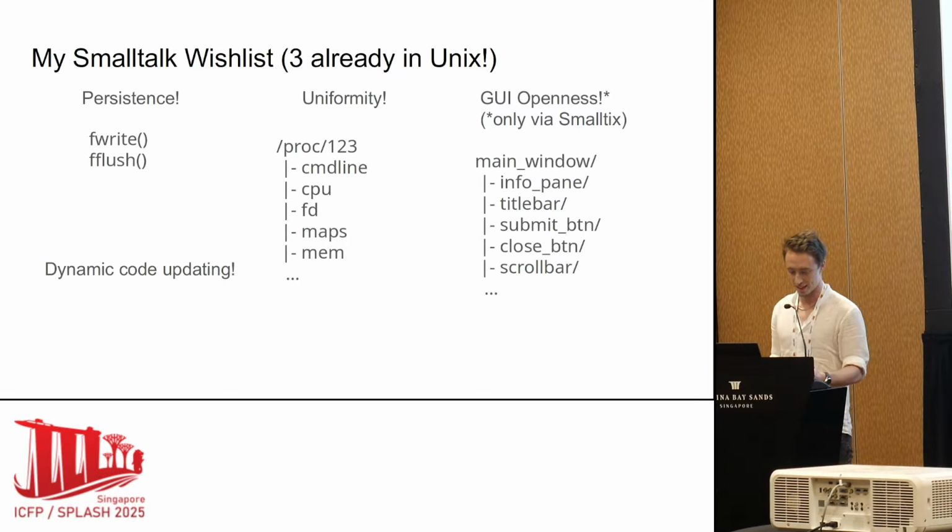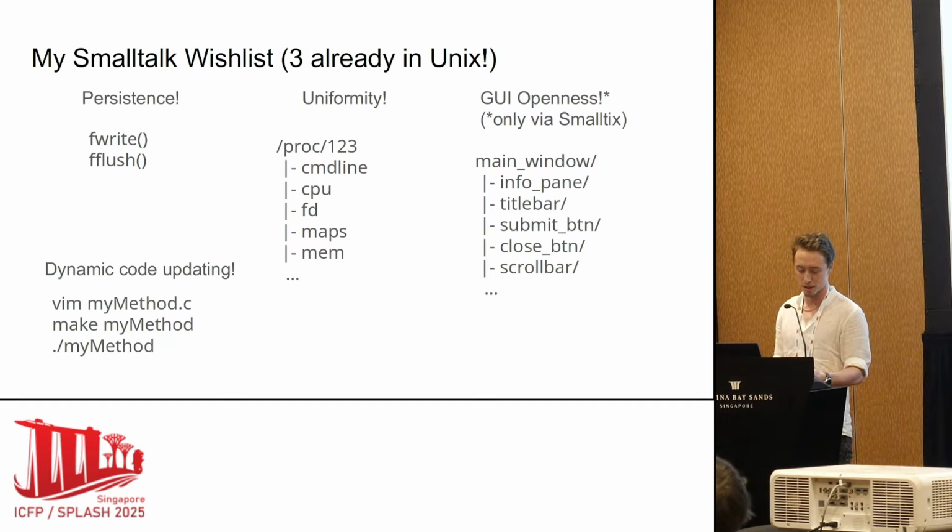Dynamic code updating is really easy. An application can be updated while it's running by recompiling a binary or editing an executable script. The next time that method is called, it will use the new code. Of course, what it means in Smalltix for an application to be running is just that it has some state in the file system and that some of its methods are currently running as processes.